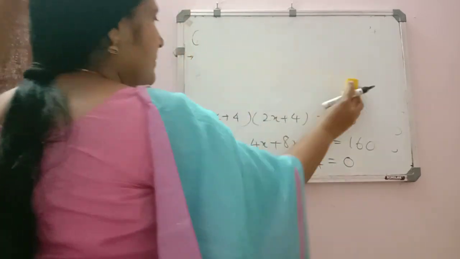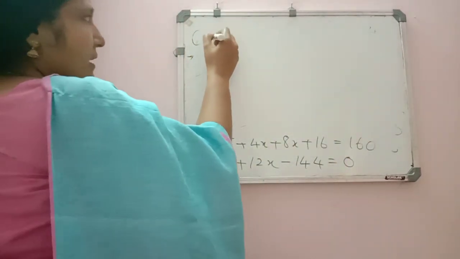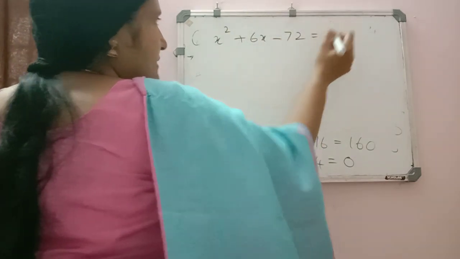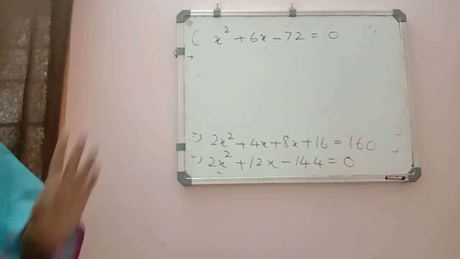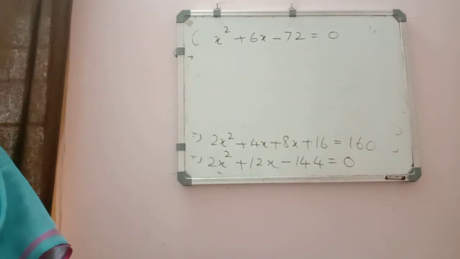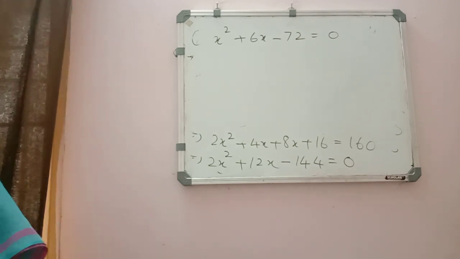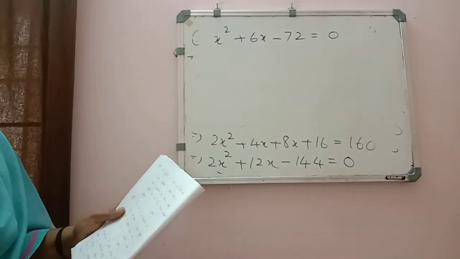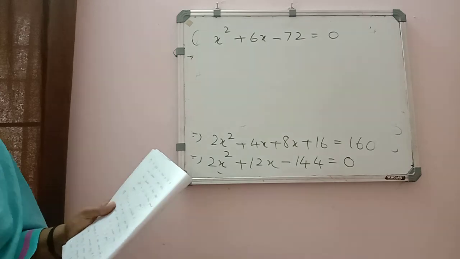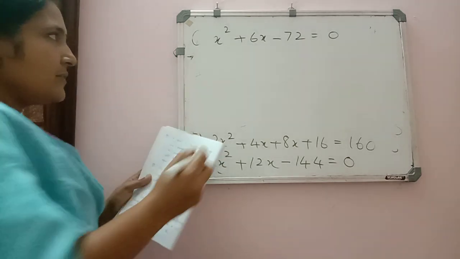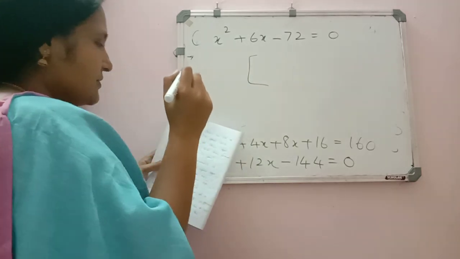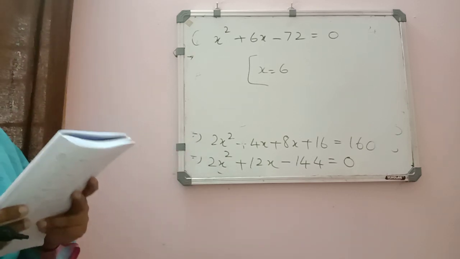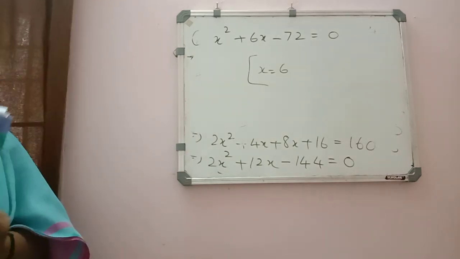All the terms are divisible by 2, so we can cancel it by 2. So it becomes x square plus 6x minus 72 is equal to 0. Now all can solve this one. Hope all have completed. If not completed, I am writing the answer so that you can check your answer. Do it afterwards. Don't leave the questions. You will get x is equal to 6 there. So we can say sister's age is equal to 6 years and girl's age is equal to 12 years.